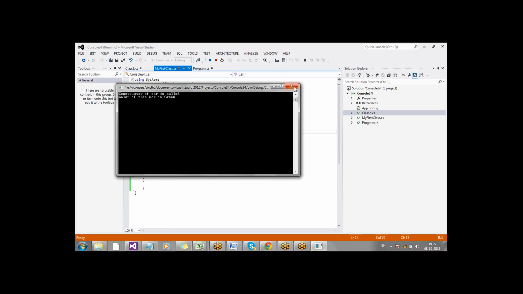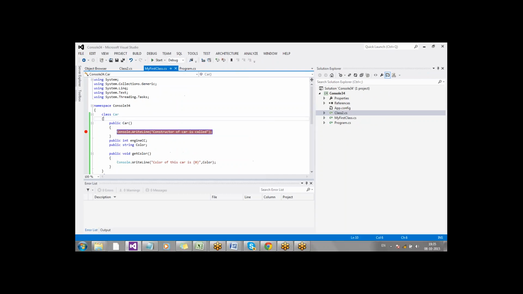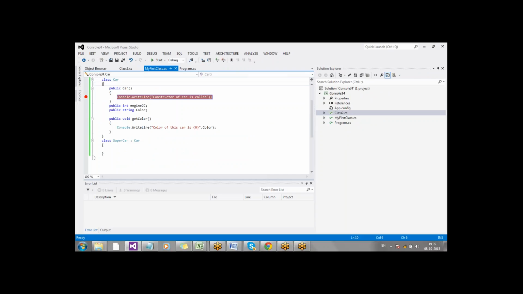Name was different actually. I used small c. Good. So now let me do one more thing. Public supercar. Fine. And what I'll do, I'll write. Fine.